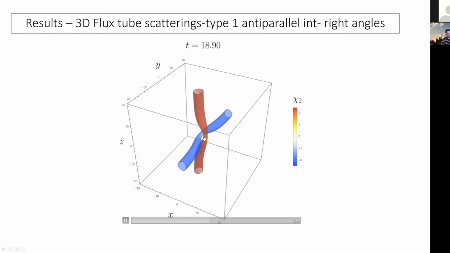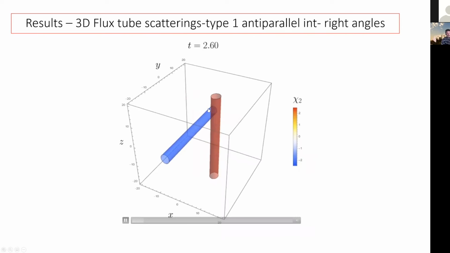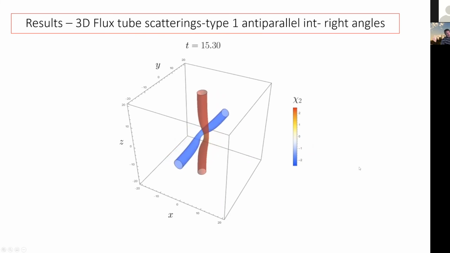Right, what happens when they're repulsive? They meet and they form some sort of kink structure inside each other. So in this case, the orientation is up, in this case, the orientation is down. There's some sort of kink developing because of this collision of these flux tubes. And then, of course, even more exotic